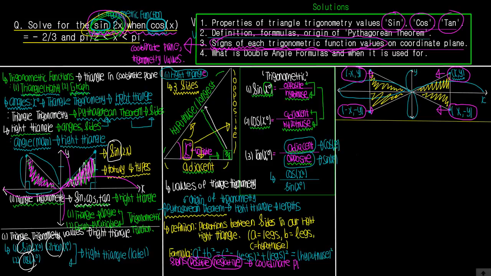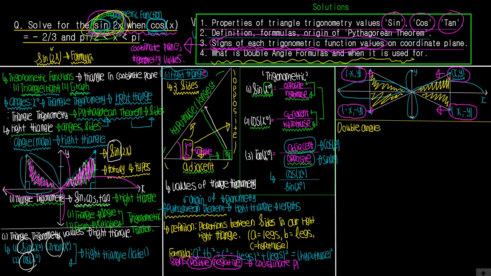And as we can see, the sine of 2x is a little bit different from our normal trigonometric function problem because it has our 2. So there is a specific formula we need to know in order to solve this question easily, not by plugging it into a calculator, because that will make us think more complicatedly. The last one we're going to learn is what we call the double angle formulas. We need to think about when it is used. And the reason why we call it a double angle formula,